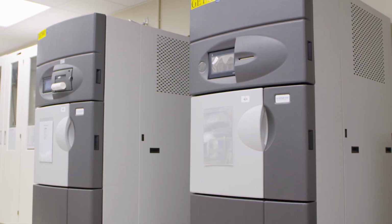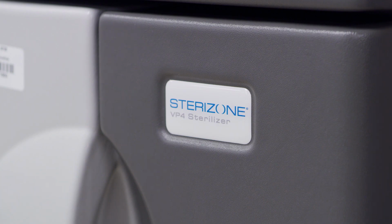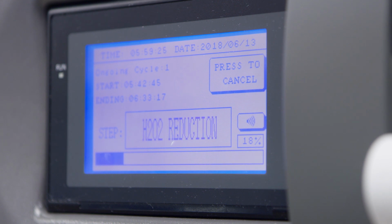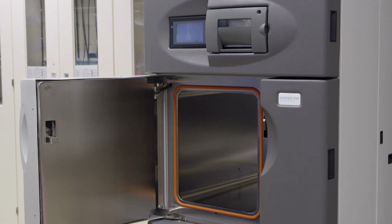Rick Rumble is president and CEO of TSO3. As the organisms become more challenging to sterilize and as the bacteria become more resistant to the antibiotics that are used to treat them, if you have the ability to create a sterilizer that would effectively rid the instrument of these individual organisms, why wouldn't you? The Sterizone VP4 sterilizer uses dual chemistries to sterilize a long list of medical equipment in a single cycle. What's new is the addition of multi-channeled flexible endoscopes to the list of FDA-cleared devices, which can be terminally sterilized